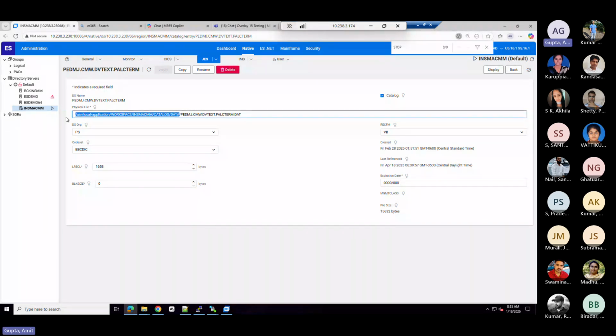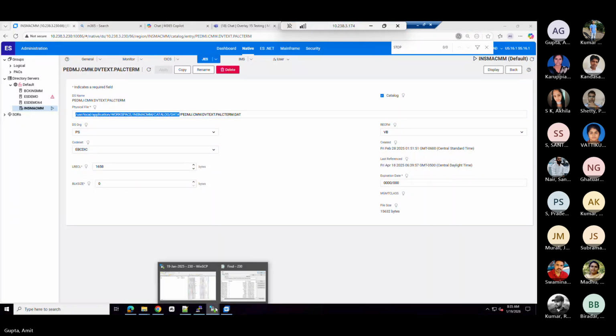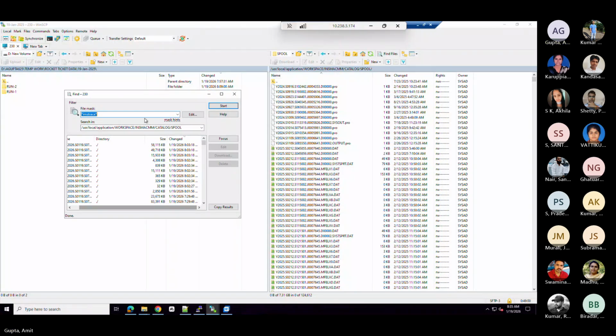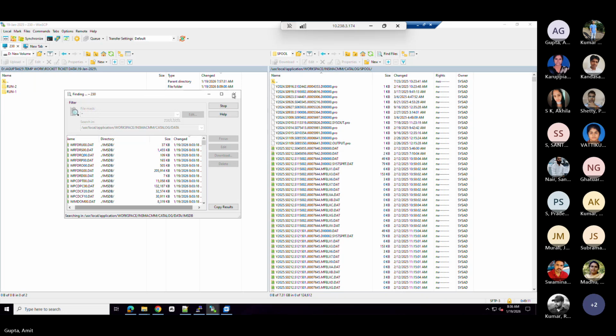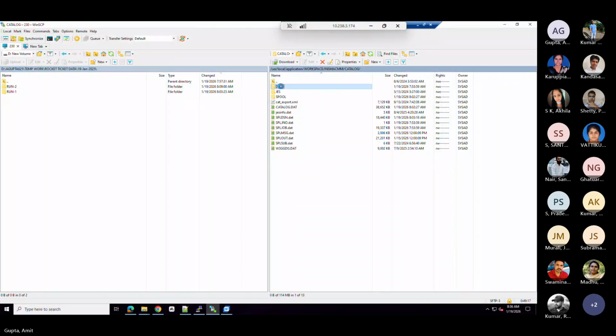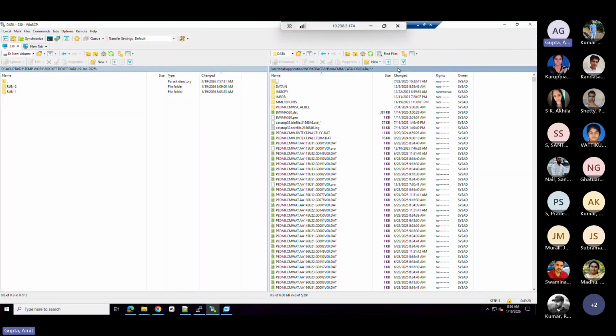Let me copy the path from here. That's the path, and the file name is,